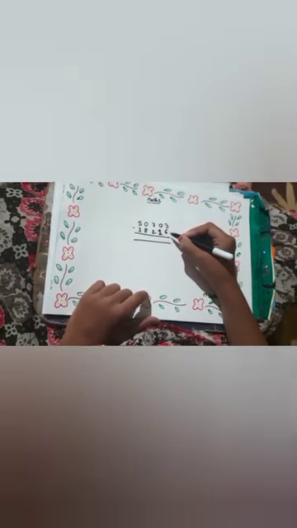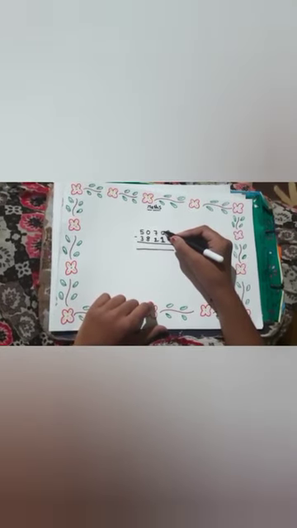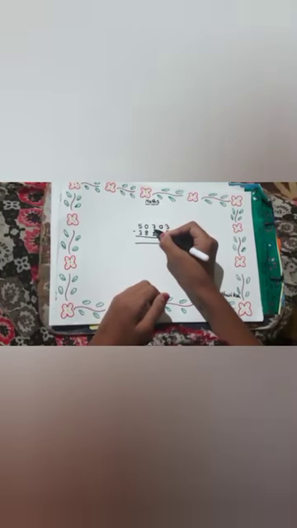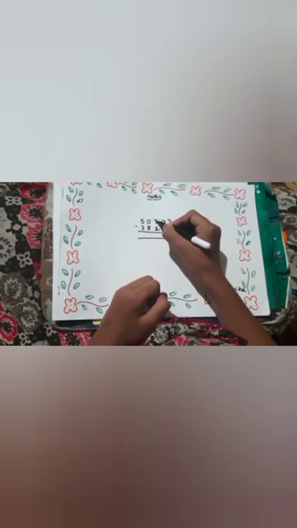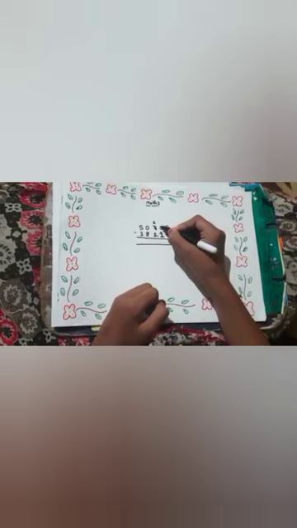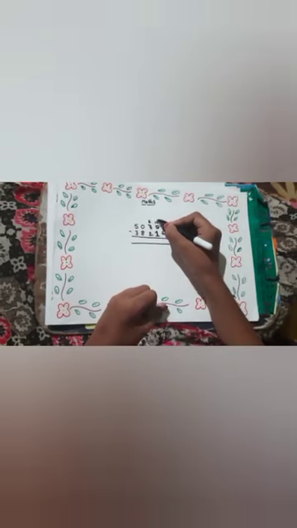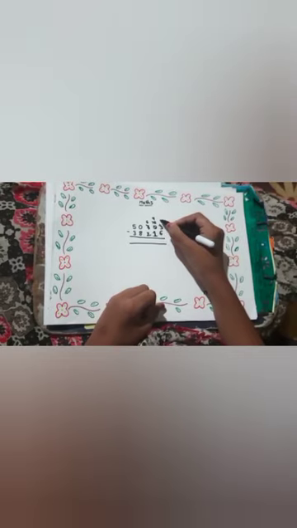Now I'm doing subtraction. This is my subtraction. 3 minus 6, we cannot do 3 minus 6. That's why we have to borrow. Here in the tens place we have 0, so we cannot take from it. That's why we have to go to the hundreds place. In the hundreds place we have 7. That's why the 7 will become 6. The 0 will become 10, and we give it to the ones place, so it will be 9. Here 3 will become 13.